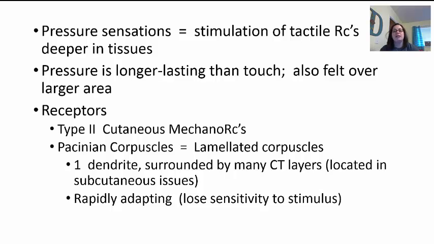They're what we call Pacinian corpuscles. These are lamellated corpuscles, meaning they're wrapped around with connective tissue. But one thing that's unique about them is a lot of times we talk about the neuron looking like this, where you have the dendrites and then you have the cell body and you have then the axon. This one's different. It has one dendrite. Okay, this one dendrite is wrapped around with the connective tissue. We have the cell body and then you have the axon. Okay, so this is what makes them a little bit different.